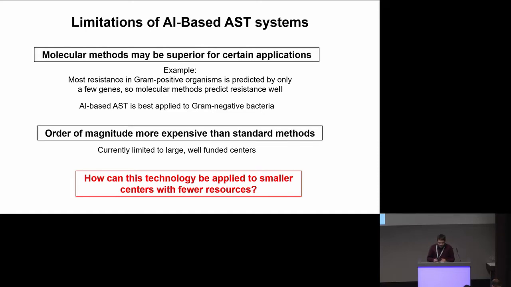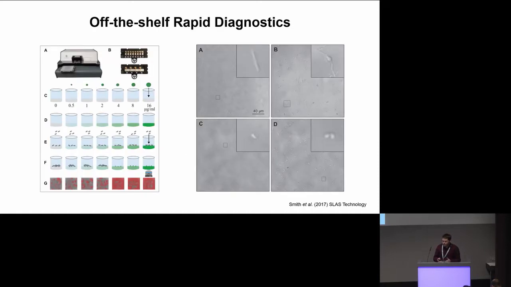So that leads us to a question that our lab was addressing: how can we take this underlying technology, this artificial intelligence based susceptibility testing, and apply it to smaller centers with fewer resources? So our lab worked on developing some off-the-shelf rapid diagnostics by combining inkjet printing technology with automated microscopy and